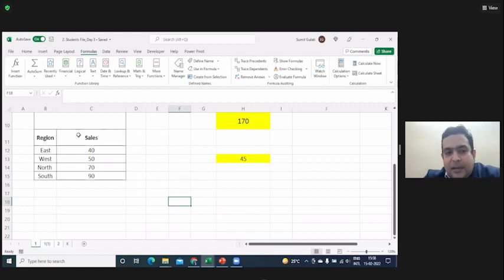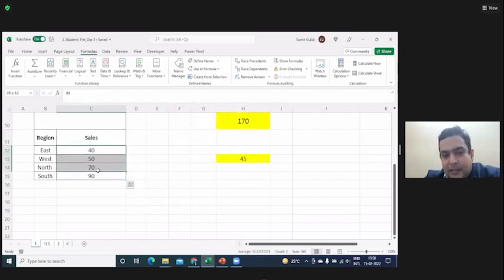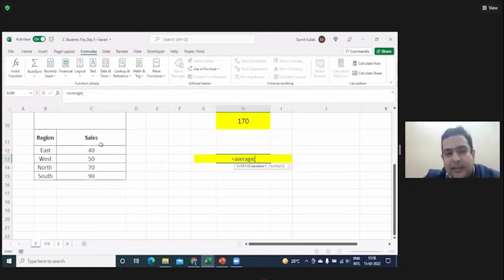You could also have named it something like this. If I select this data, go to create from selection and say from top row, see what happens? This complete data is now named as Sales. Now how this helps is, if I want the average of the sales, I'll just say equal to average, and instead of selecting this data from anywhere, I'll just say Sales.